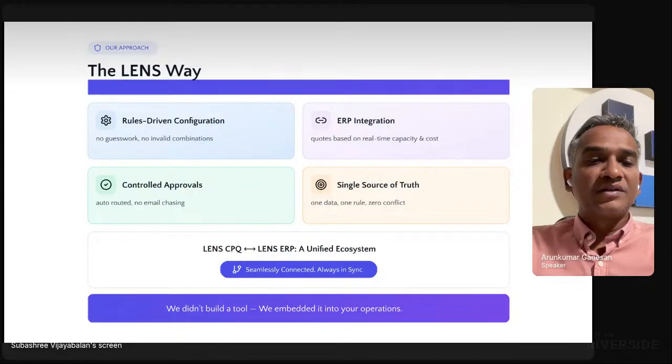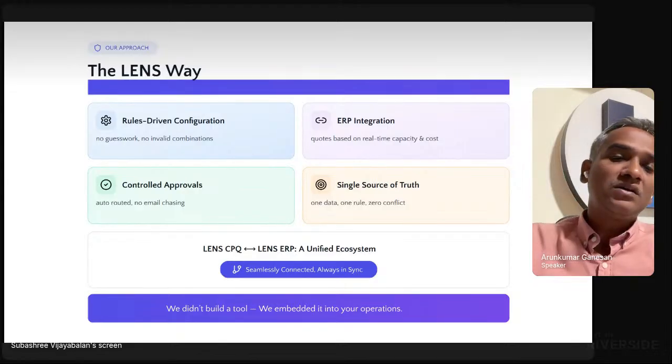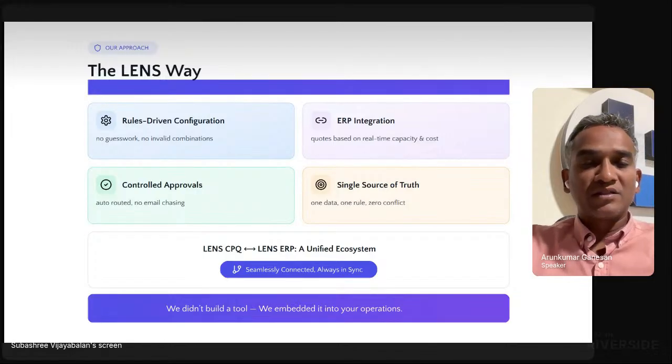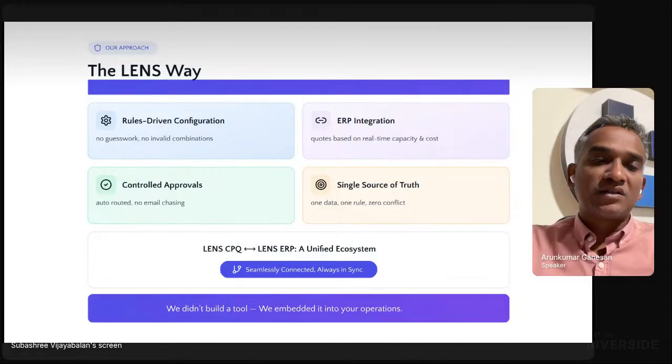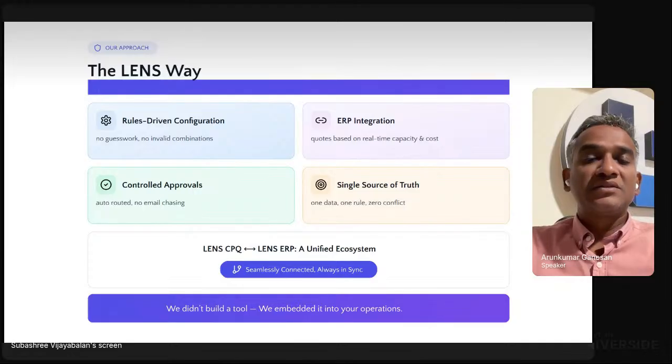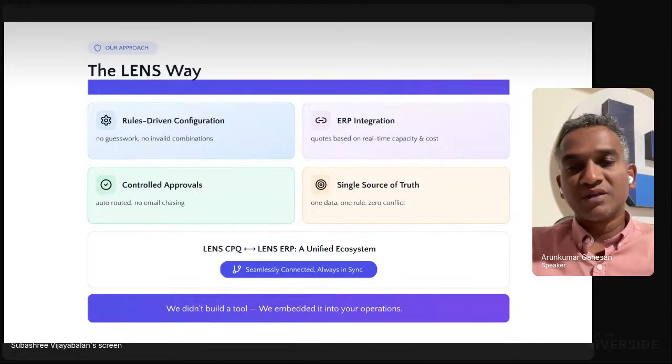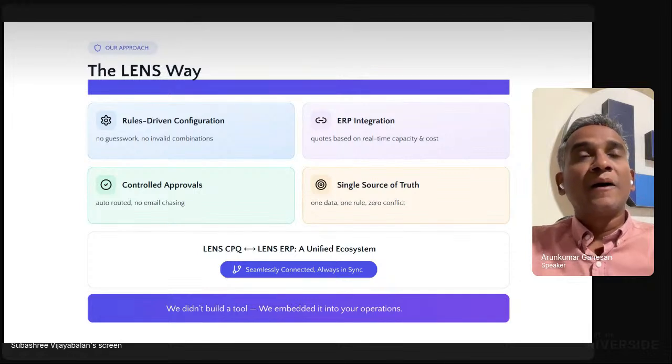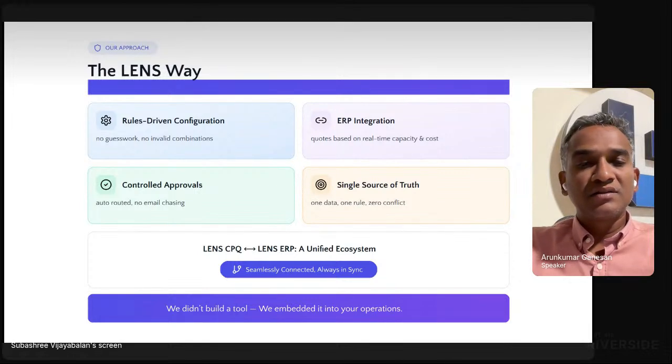And we also want a discount control mechanism, right? So when we go beyond the discount levels, we also need some controls. We need a control mechanism, especially in CPQ, to avoid a lot of losses, right? And of course, we need a system which is a single source of truth. I need not look for information in a different system for pricing, a different system for offers, controls, and customer information. All these things need not be checked elsewhere. I need a single source of truth, right?